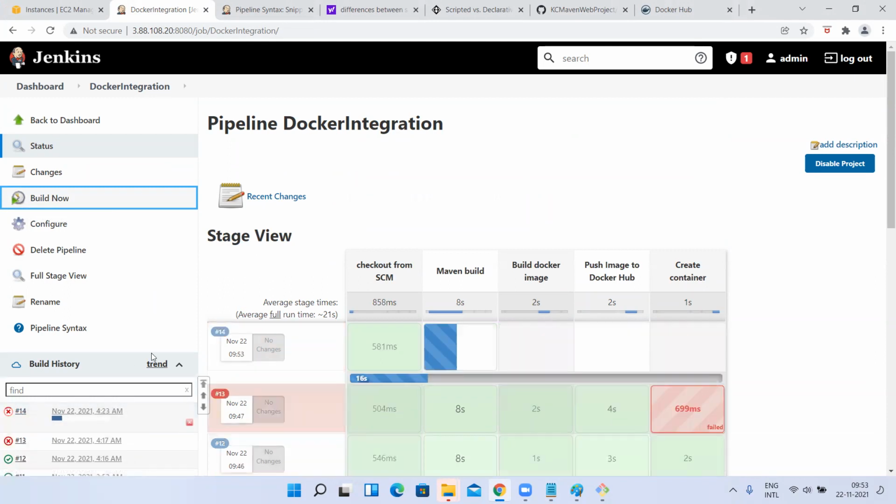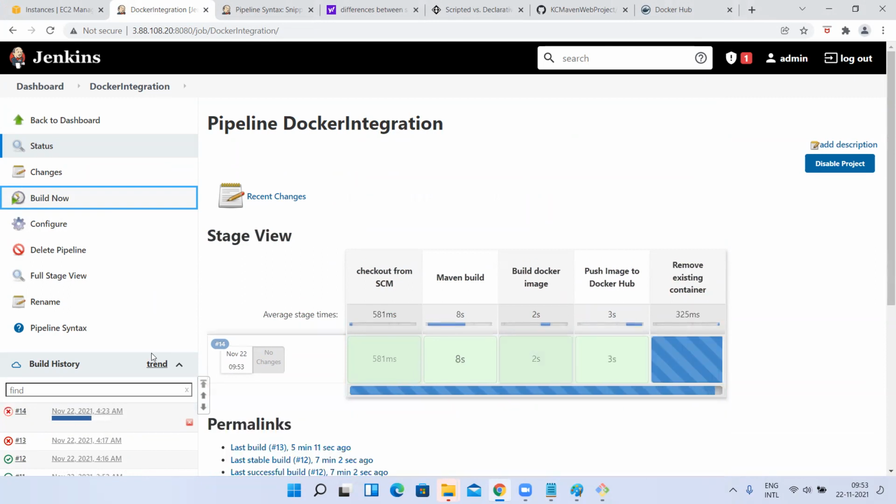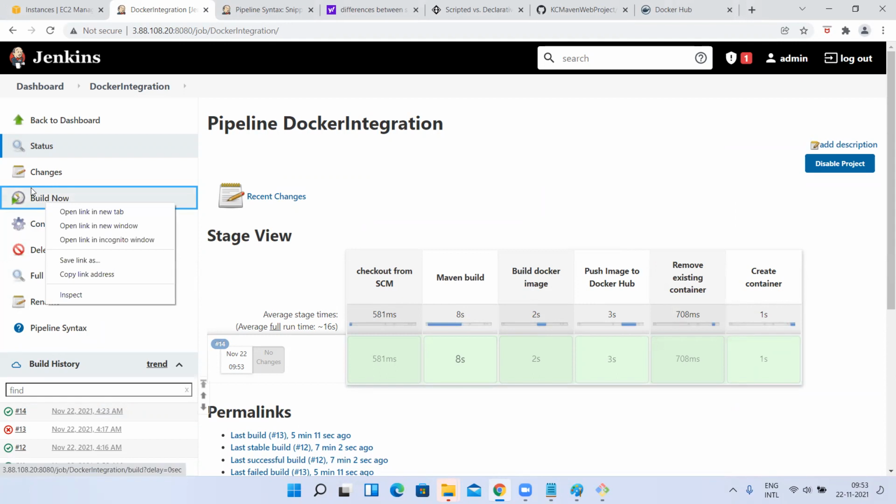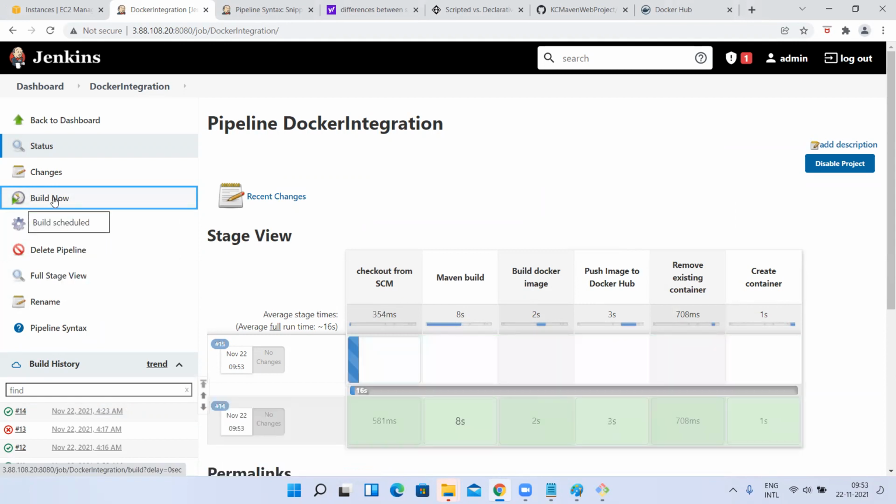I'll tell you about the version changes, how to maintain the versions dynamically, and all. We'll discuss later, because the fixed version we cannot use. One way is the developers, whenever they want, can change the image version, right? It will create a fresh image. Now you see here, done. Now I'll trigger one more time. I'll trigger the 15th time. It started triggering.